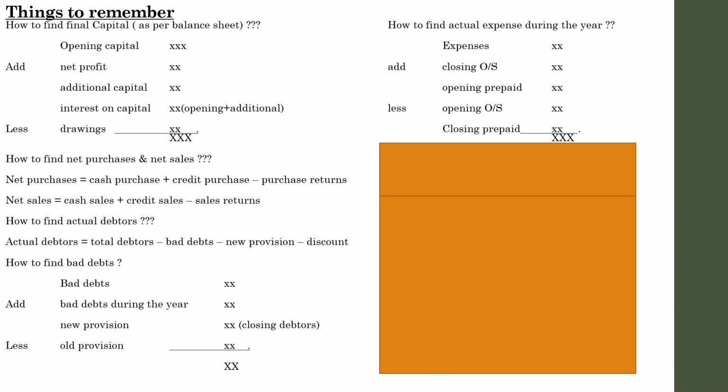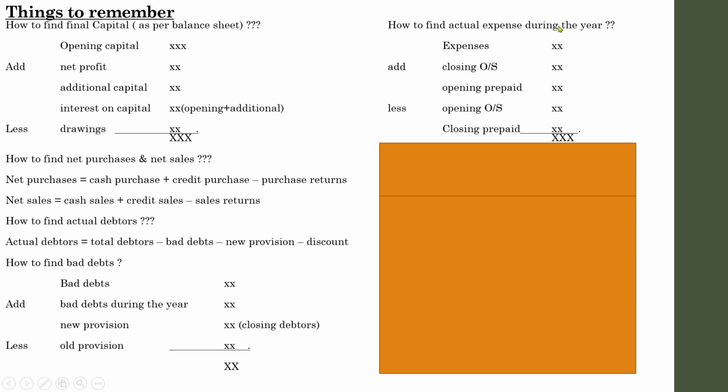For example, if you are dealing with a question regarding trading profit and loss account and balance sheet, and it relates to 2020, we should consider transactions that relate to 2020 only. We can't consider any of the transactions relating to 2019 or 2021, because one of the important principles of accounting is that you should consider transactions that relate to that particular financial year. All the expenses and all the incomes should match each other. So let us come back to it.